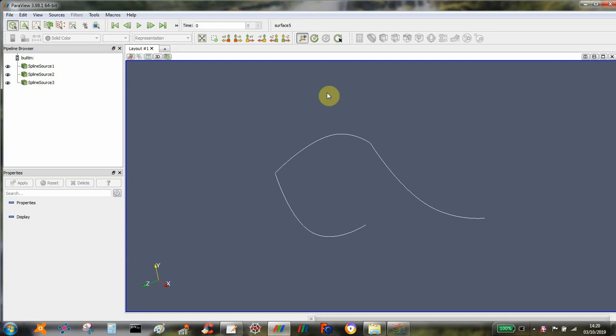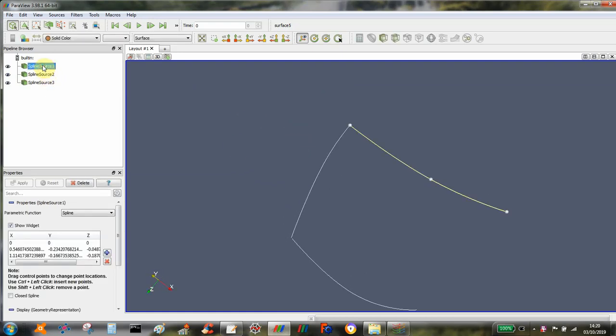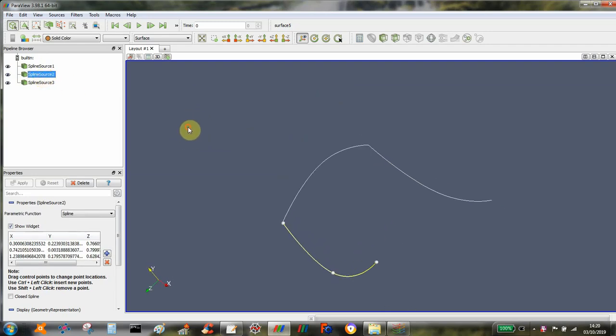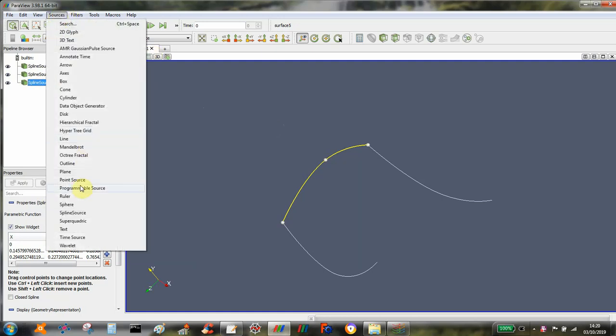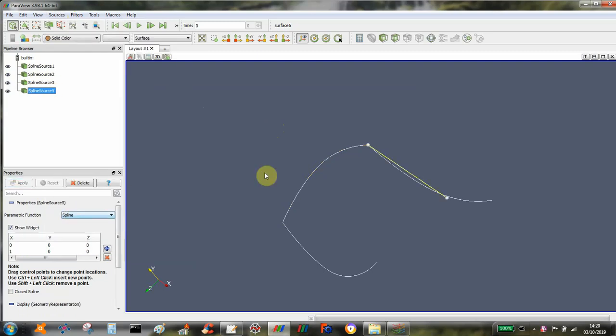Okay, so I'm just creating a few splines in Paraview, and I want to create a surface between them. So I've already created spline 1, spline 2, which are opposite each other, and then spline 3, and I'm going to create another one. Go to Sources, Spline Source,